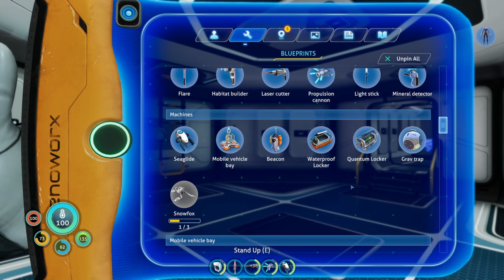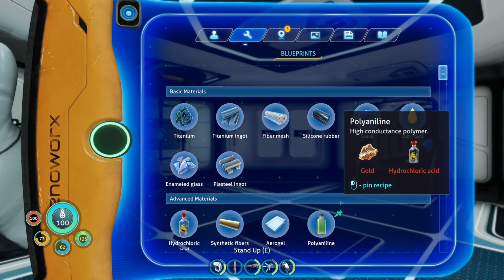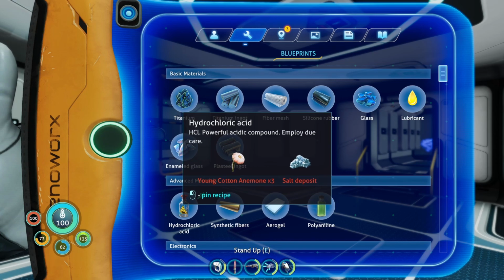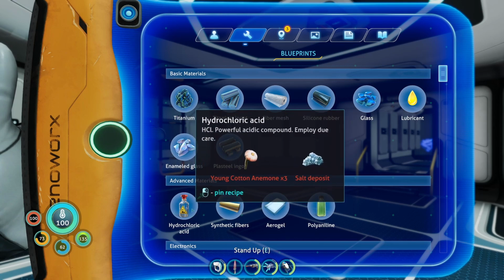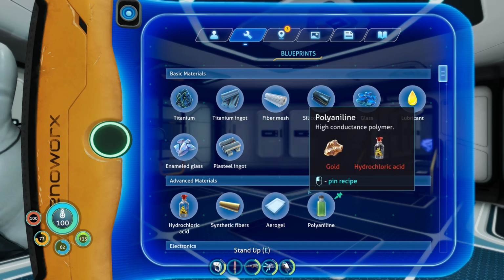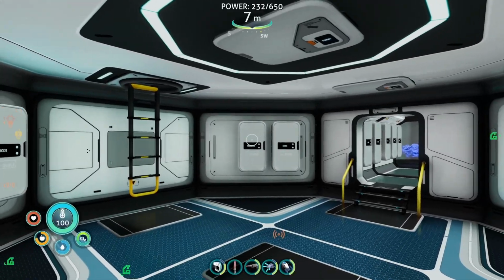One more, where was that? I am gonna build those and I will tag them again, but for now I'm not going to tag them because... young cotton anemone. I don't know, we don't need that yet. What we need is a spiral plant clipping. What we also need to do is get